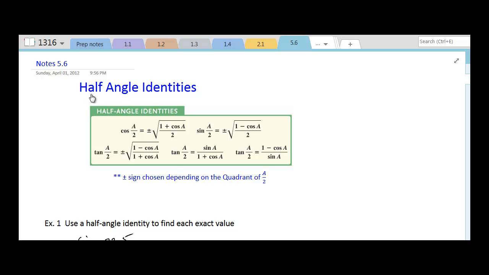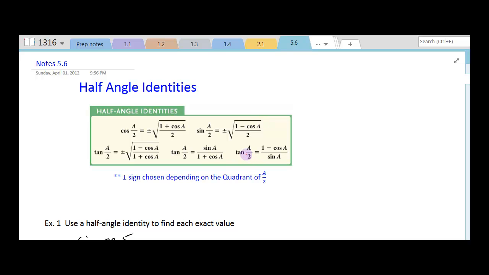So in this series of videos, we're going to take a look at the half-angle identities. And you can see here that I have the identities listed. There's an identity for the cosine, for sine, and tangent. Notice that when you look at the formulas for tangent, there's three different choices that I have to apply the half-angle identities. Two of those choices do not include a square root symbol,